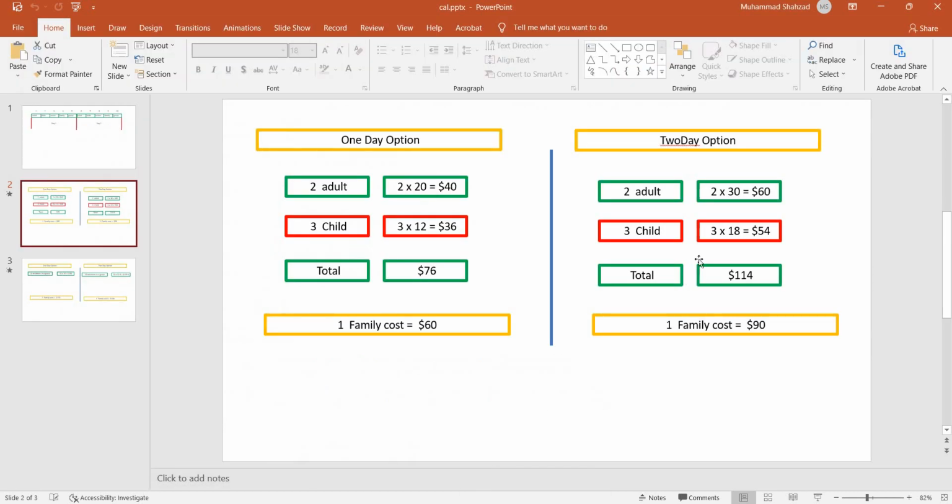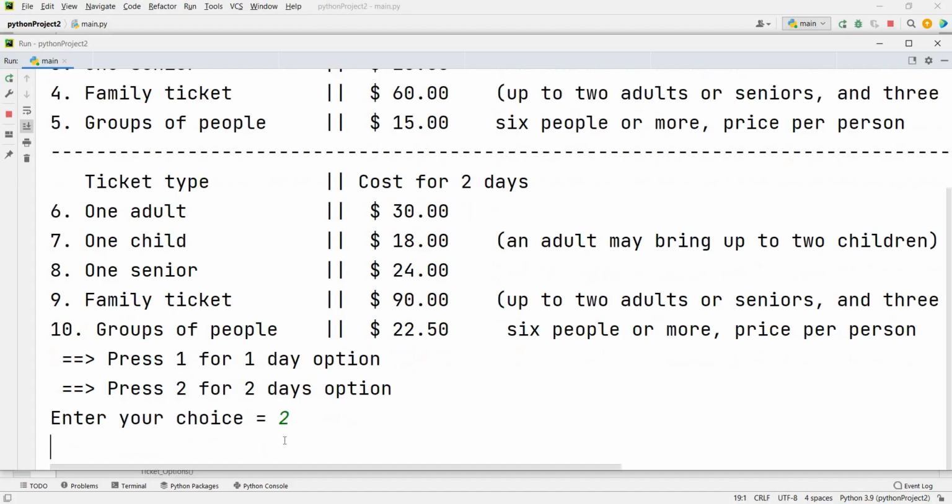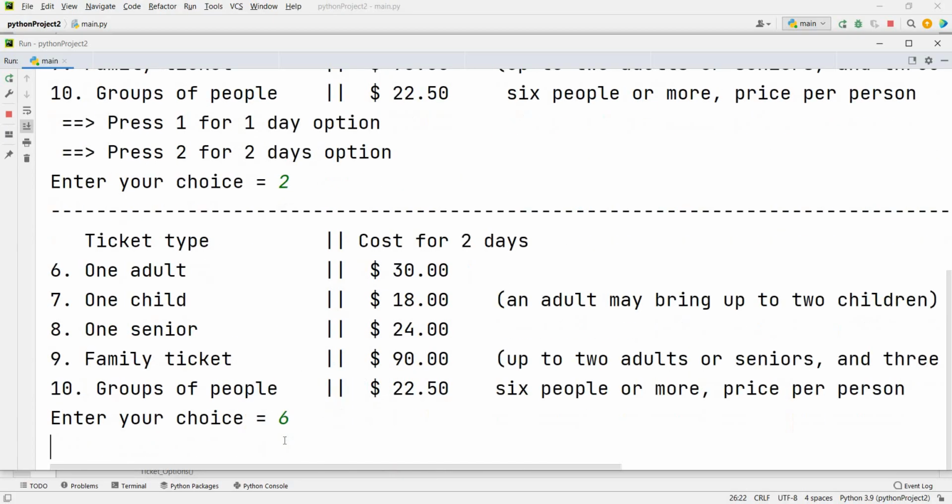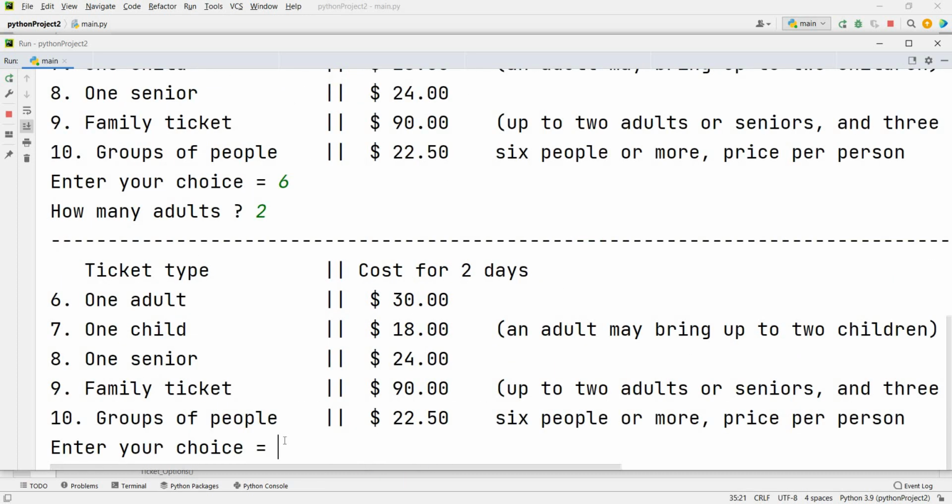Same way I want to calculate 2 adults and 3 children for 2 days. Cost will be 114, but it will show me $90. I'm going to option number 2. Number 6, adult. How many adults? 2 adults. Number of children, that option is number 7. 3 children. You want anything else?